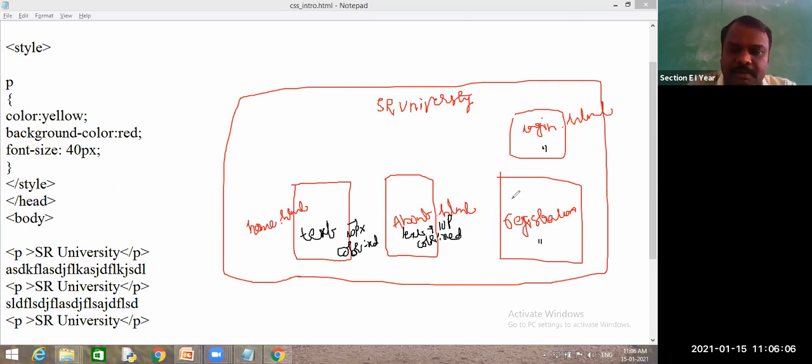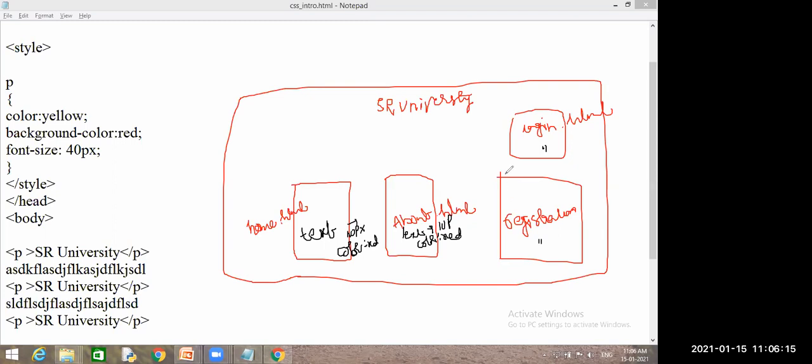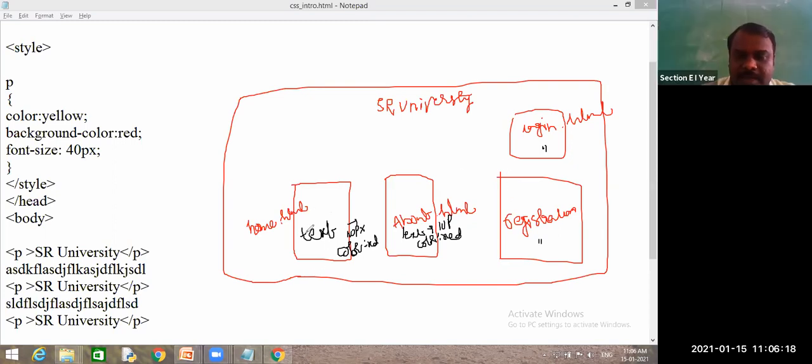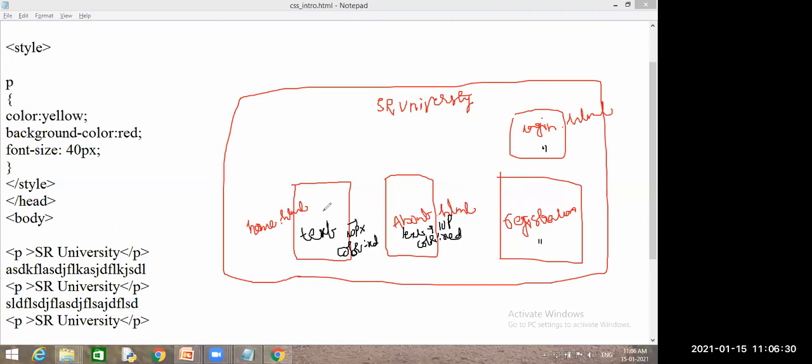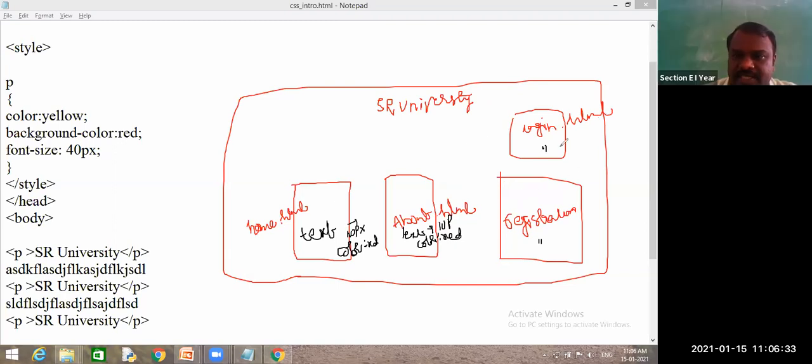So how many times is the common property repeating in these pages? 4 times. But are these all the same programs or different programs? These 4 are different programs. Is there any relation between login and home.html? No relation. These all are independent web pages, but the one common thing is that they all belong to the SR University website. So when you have common properties among multiple files, you are repeating the same thing multiple times.